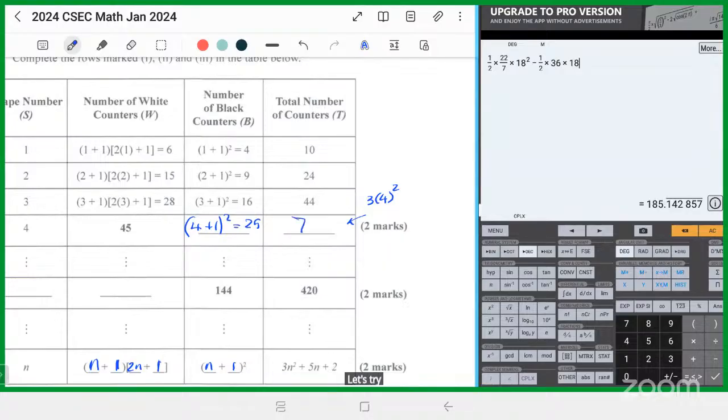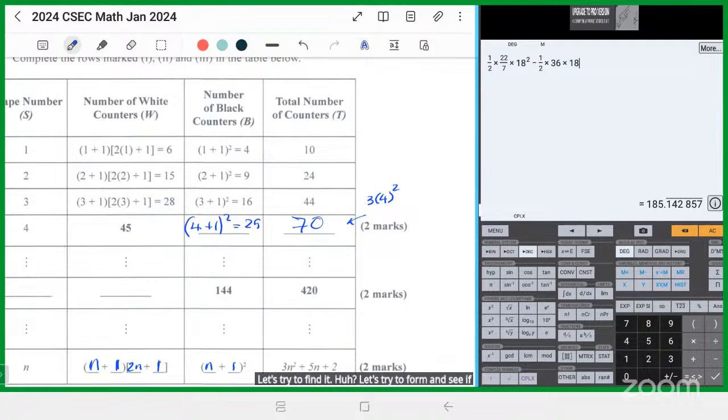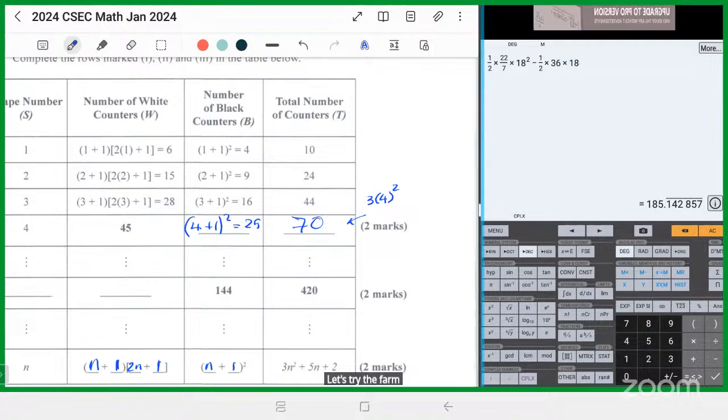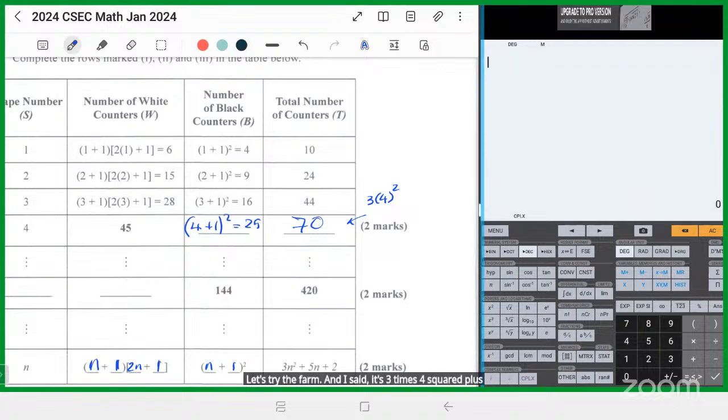Let's try the formula and see if the formula works. So it's 3 times 4 squared plus 5 times 4 plus 2. That's supposed to give us 72. So that's 3 times 16 here, so 3 times